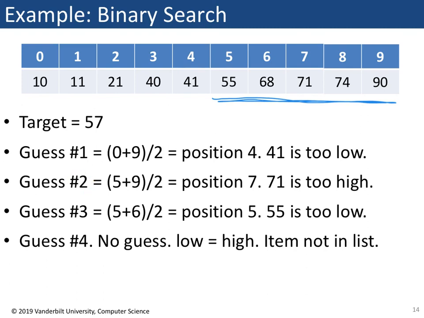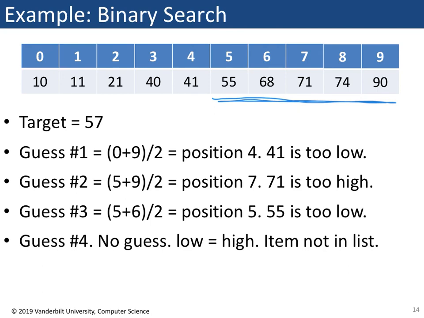So now, our second guess is going to be the minimum possible location plus the maximum possible location divided by 2. So we know it's not in position 4, so that's not our minimum anymore. Our minimum would be position 5. So 5, and our maximum is still 9. So 5 plus 9 divided by 2 is 7. So 14 divided by 2 is 7. So position 7